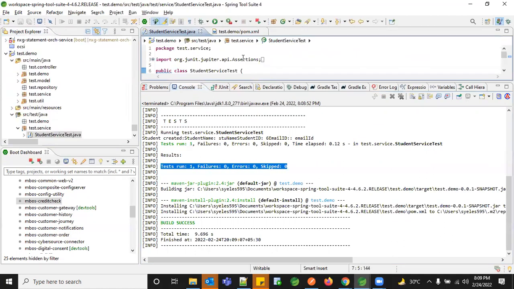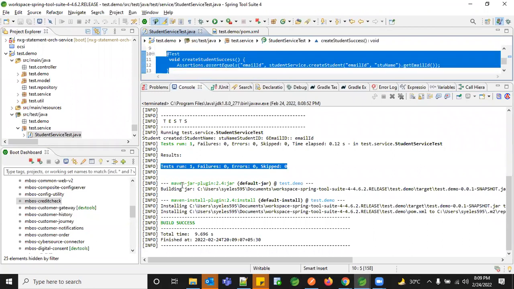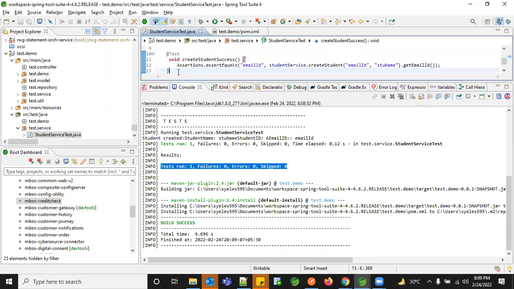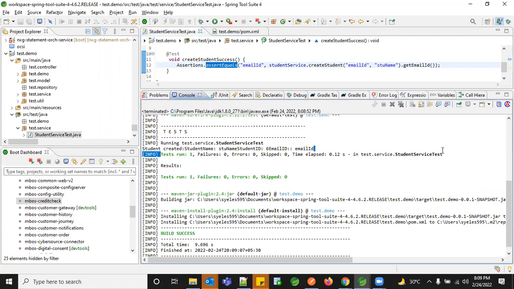In your test file, I was just validating whether the student has the relevant email ID or not. So it's a very basic test case. You can have multiple scenarios, both permutations and combinations, for the method you're going to evaluate for creating a student. And you can have error cases. If you want to throw an error, we can do that. We'll see how to do that in each sample. So this is the way you can see the number of test cases executed.